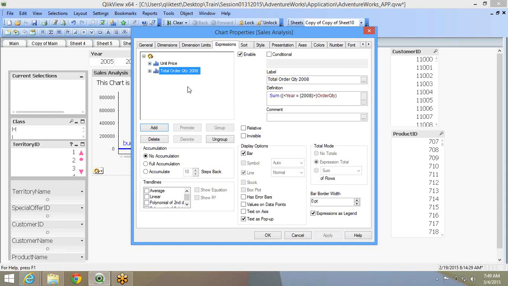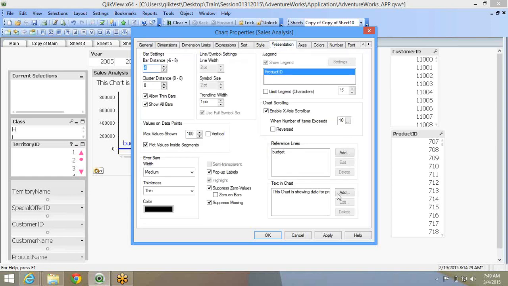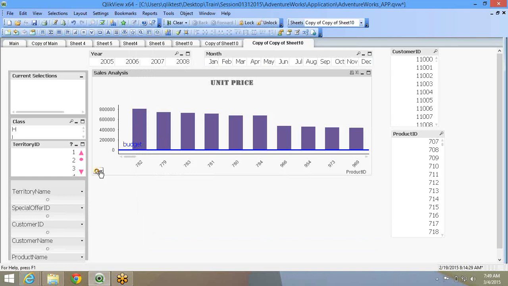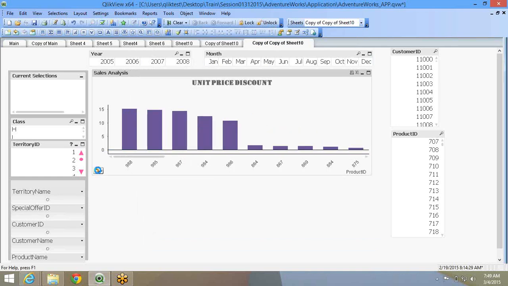You can in fact add another expression. So this time you say unit price discount. So this also you group it. All three will be grouped. It's just that you can create only one group. I will take off this delete option. So unit price, total order quantity, unit price discount.